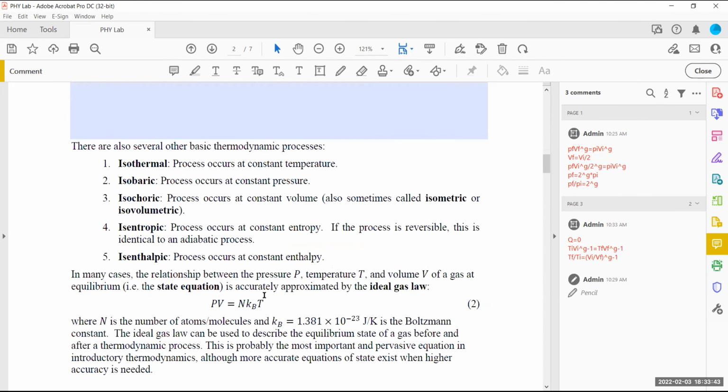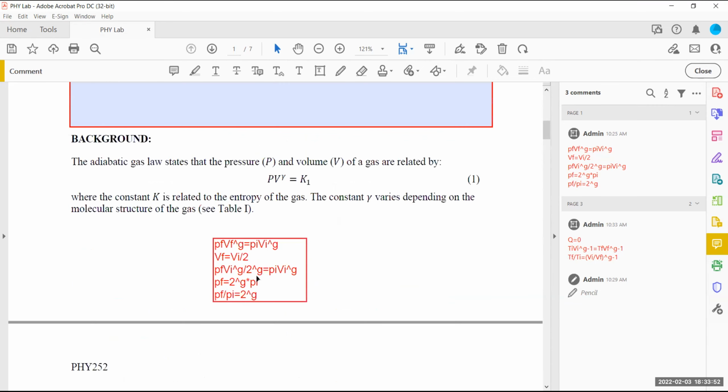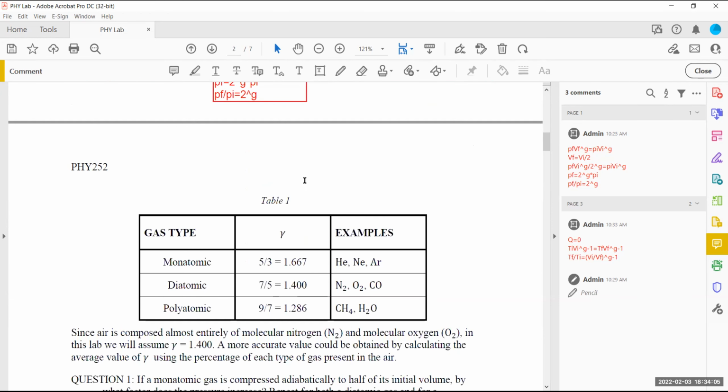Must have missed it here, equation 2. So you're going to replace P with NkBT over V into this expression. And now all of a sudden, you're going to have T and V by themselves. Of course, V becomes to the power gamma minus 1, and K will be divided by NkB.